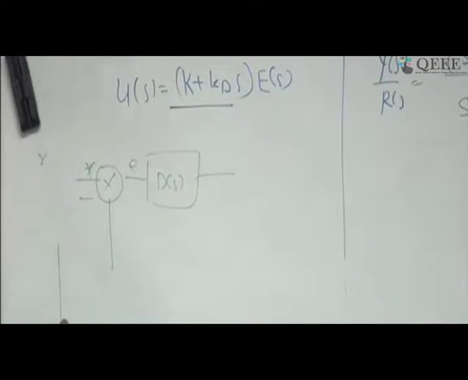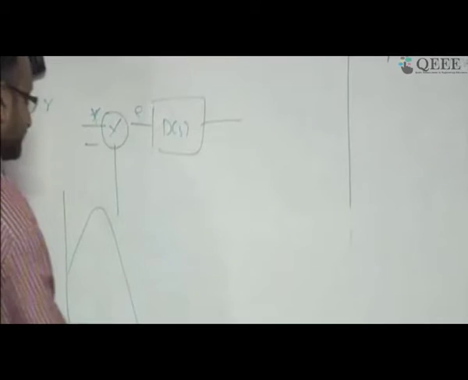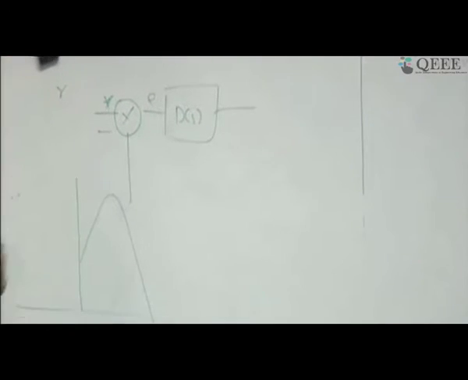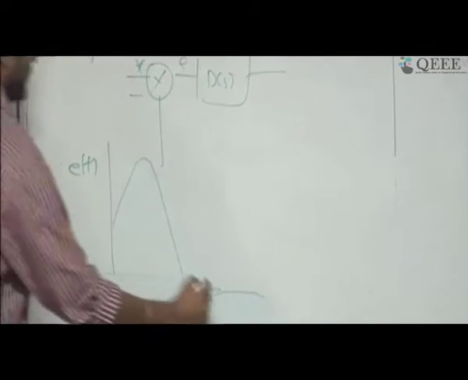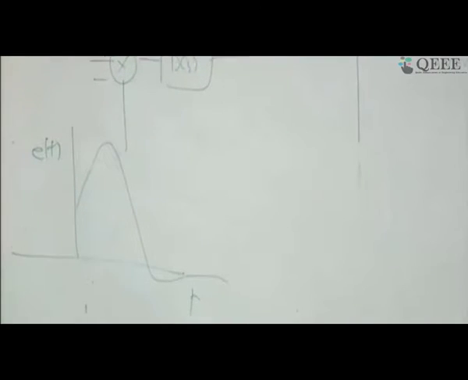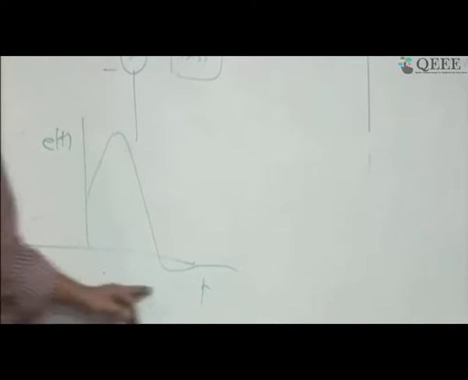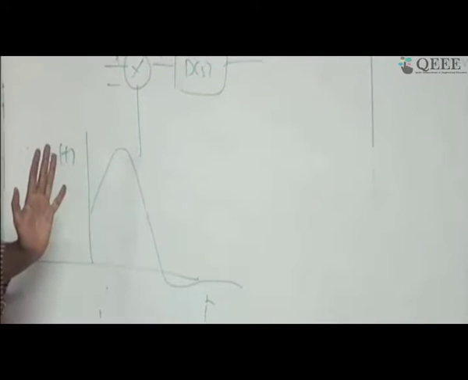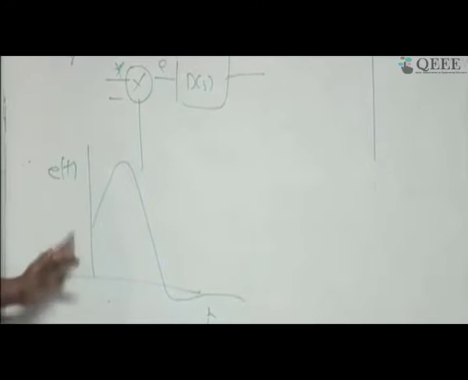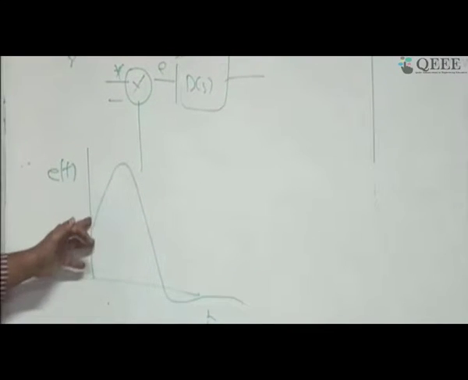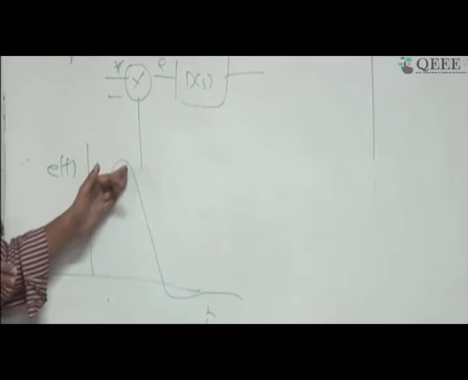Okay. So this is a typical behavior, suppose, okay, this is my e of t versus time. So what I am saying, my error with respect to time I am plotting is a typical behavior. It could be anything. A typical behavior means, as we start, the error is going to be increasing or very high, and if you keep working, the error will come down and it will reach a steady state value. This is what we want to convey. Okay, this part is clear.